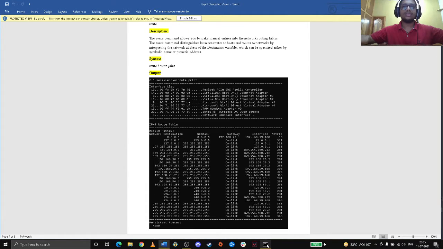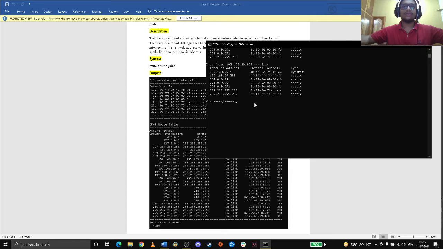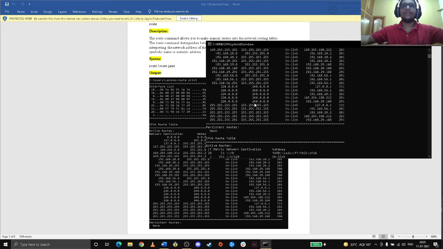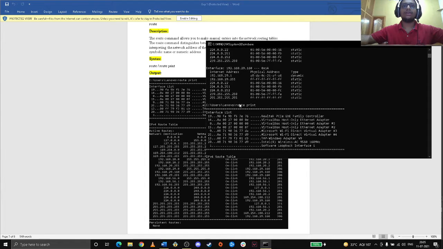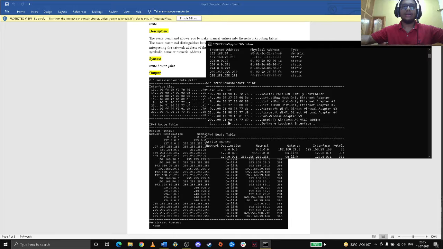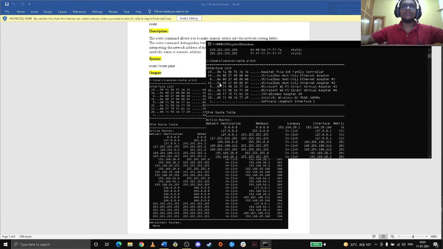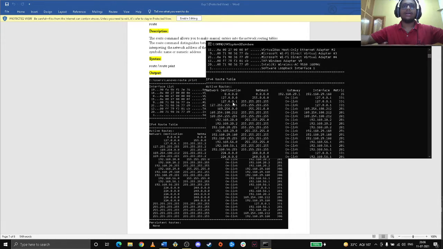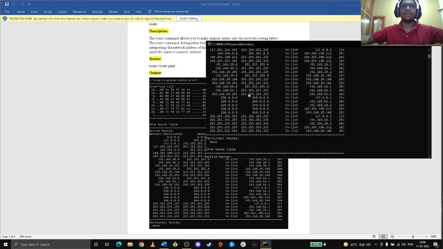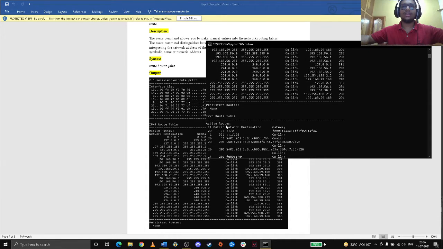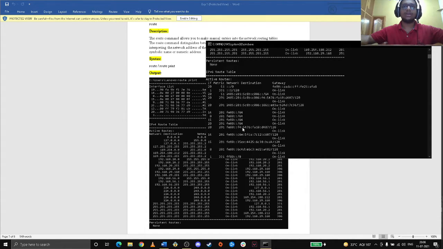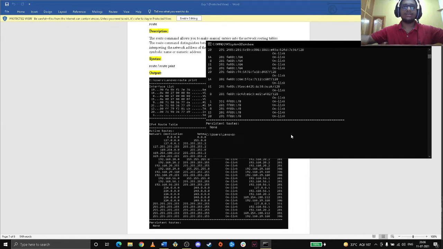So we'll go to the command prompt and write route print. It will give all of the values in printed form for all of the addresses, like the IPv4 address, the interface list, and active connections in IPv4. It also gives the IPv6 route table, because I have both addresses over here.